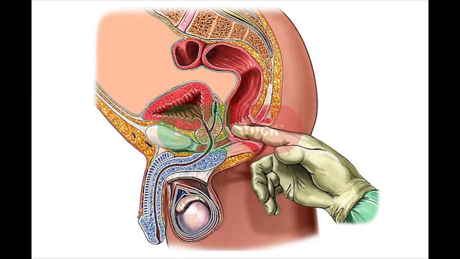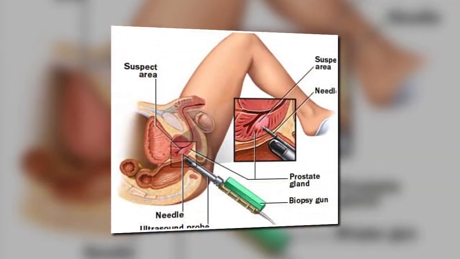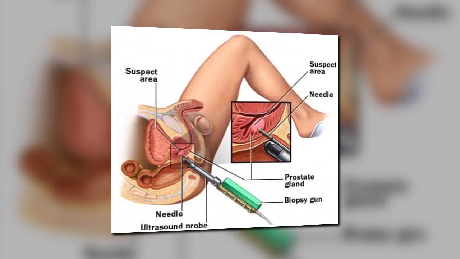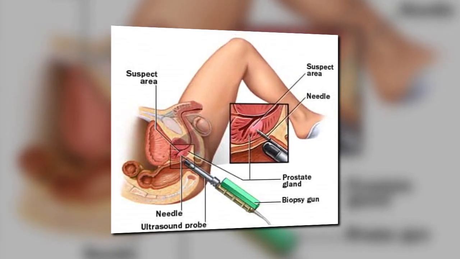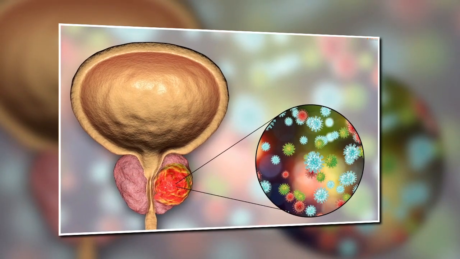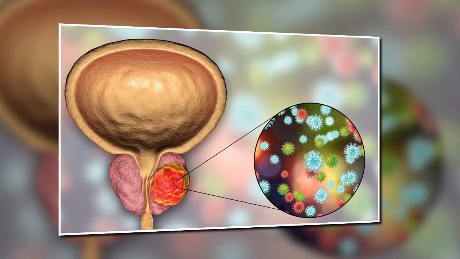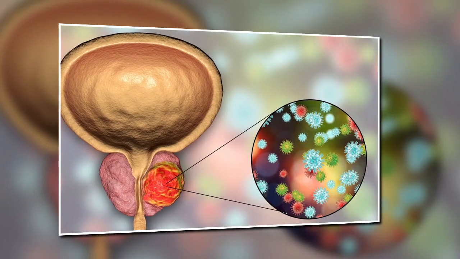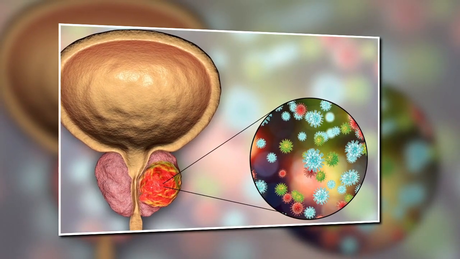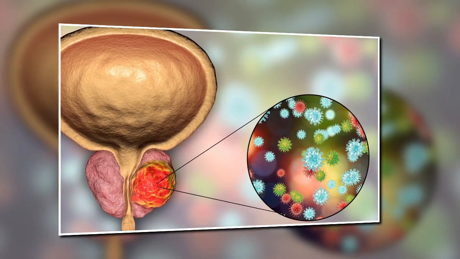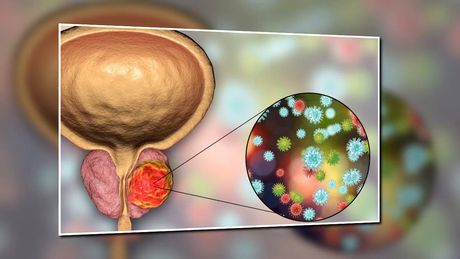These can include ultrasound. The transrectal ultrasound technique is used to create a picture of the prostate using ultrasound waves. Prostate biopsy. A needle will be used to collect tissue samples from the prostate gland. The sample will then be tested for the presence of cancer cells. MRI fusion, a new technology that helps in biopsy and diagnosis of prostate. This technology is being used more and more every day.